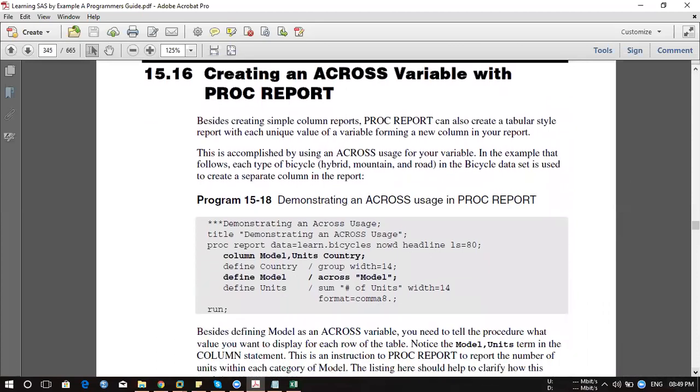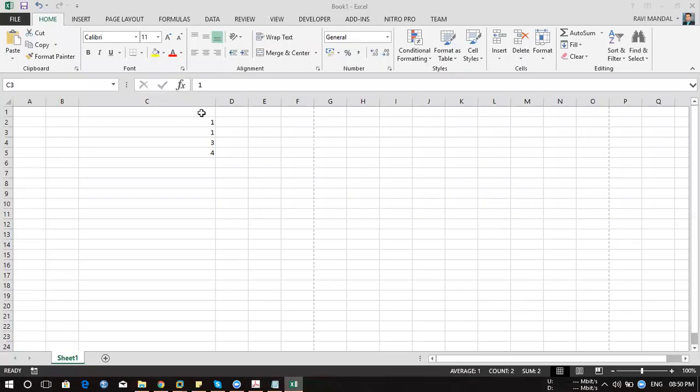Now this is something different, which we talked about when you want to transpose your data. If I have data like this and want to transpose, I can go ahead, click this, and transpose row to column and column to row.